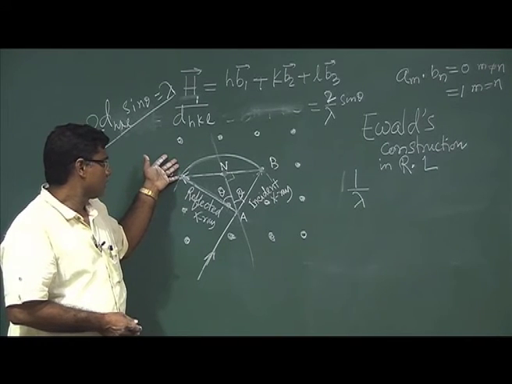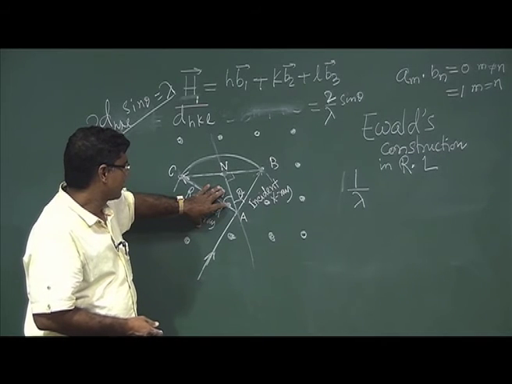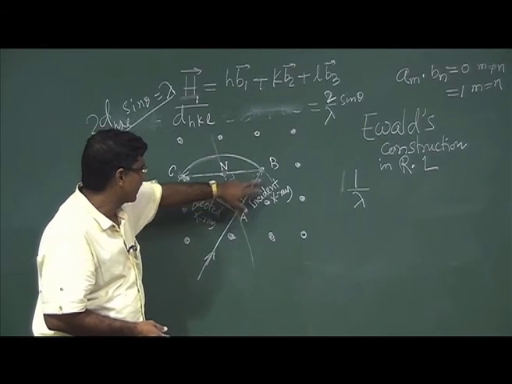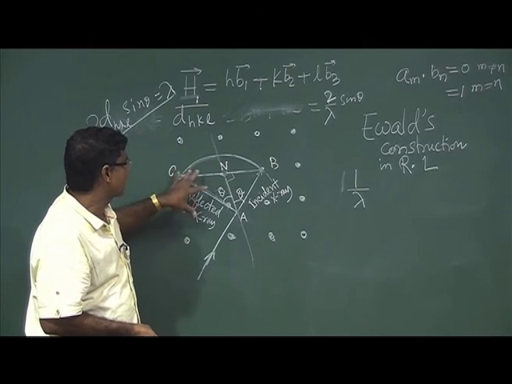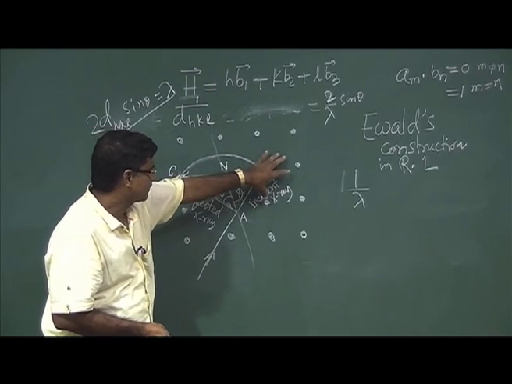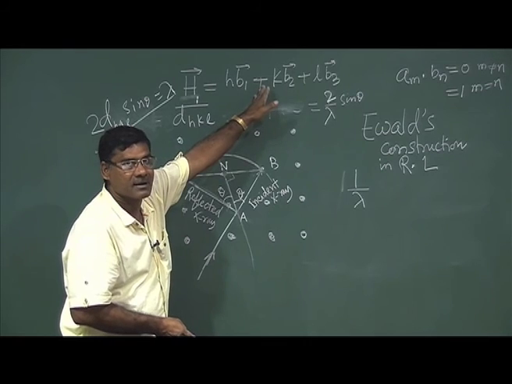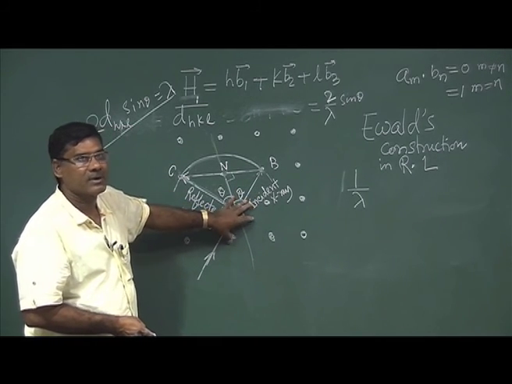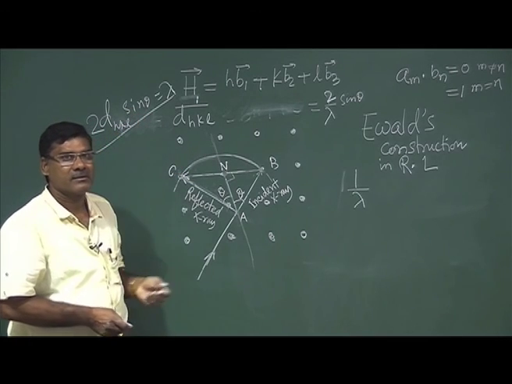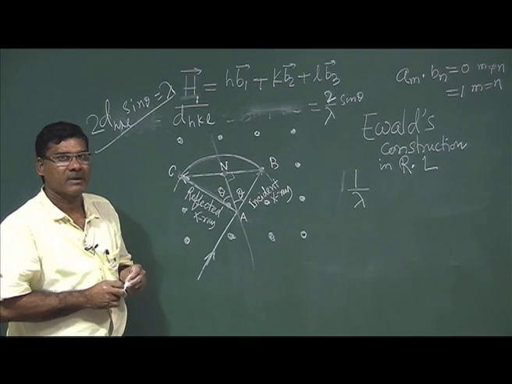So you see, in a simple way one can also show that, following this, we have formed the reciprocal lattice, and from there itself we can get back our original Bragg's law. Okay. So, I will stop here.